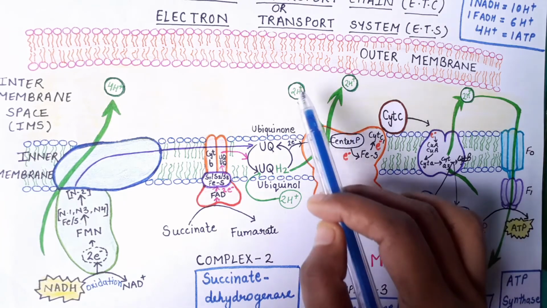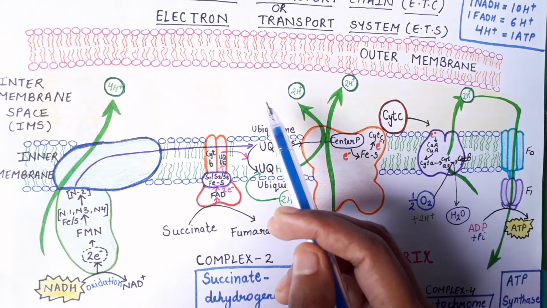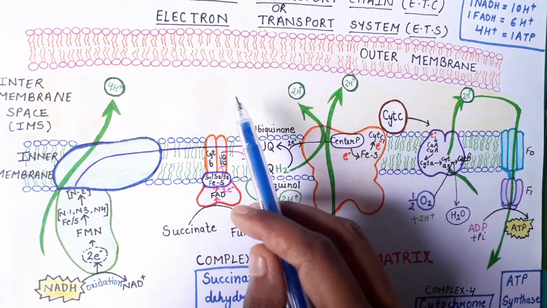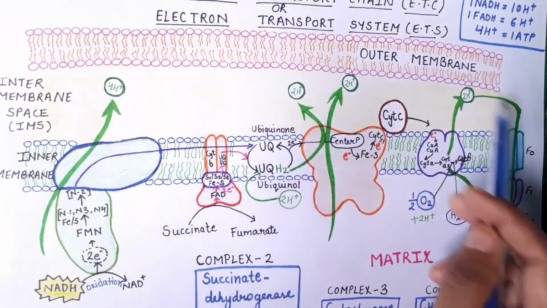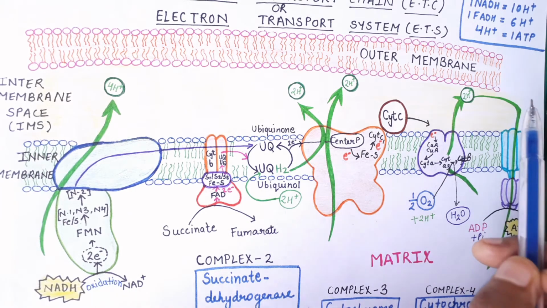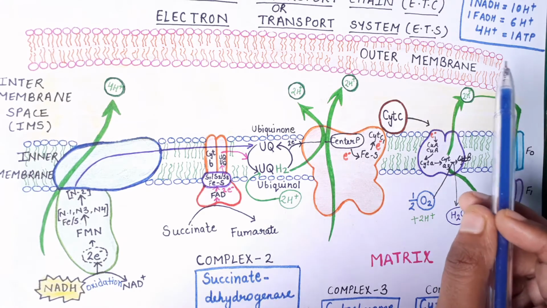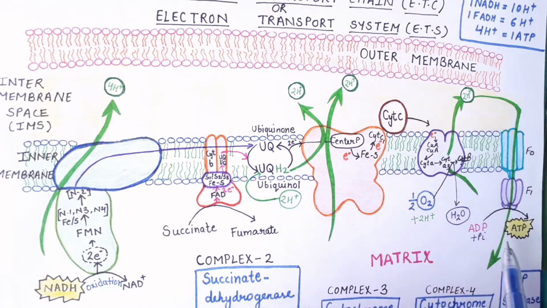So 4 protons are pumped inside, there will be formation of 1 ATP. Again 4 protons will be pumped inside, there will be formation of again 1 ATP. And what we have left here, 2 protons are left because there are 10 protons. 4 protons have been pumped inside. Now only 2 protons are left. So these are also pumped inside and there will be formation of 2.5 ATP in this process according to the latest values. So by the pumping of 4 protons, there will be formation of 1 ATP.